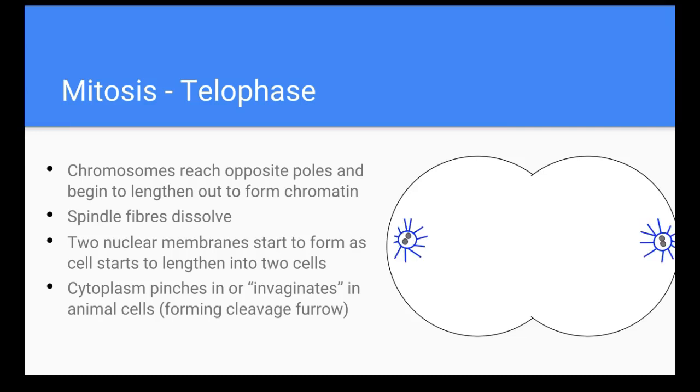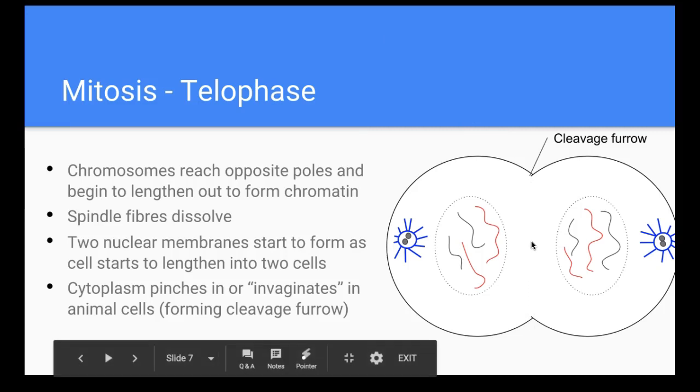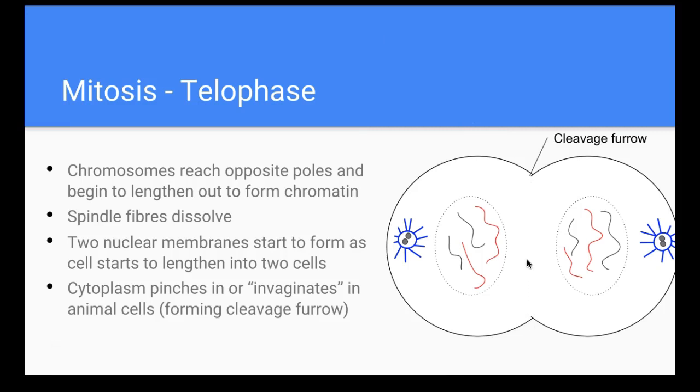So again, those spindle fibers are shortening, okay, our nuclear membrane is reappearing. Our chromosomes no longer look like chromosomes. They're kind of starting to stretch out into chromatin. And that is telophase, forming that cleavage furrow. So eventually this cleavage furrow is going to go this way, and it's eventually going to meet up in the middle. And when that happens, when it meets up in the middle and we plop out 2 cells, that exact